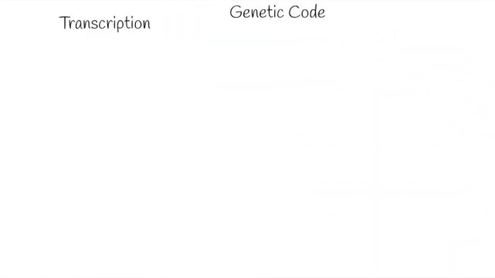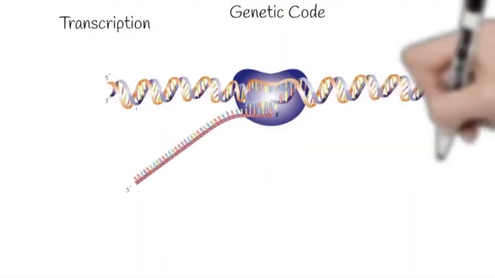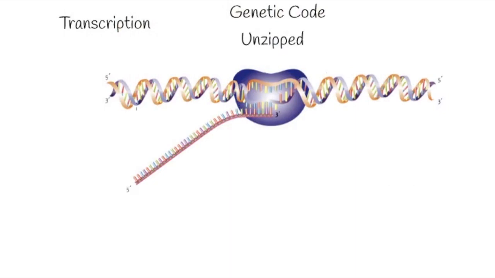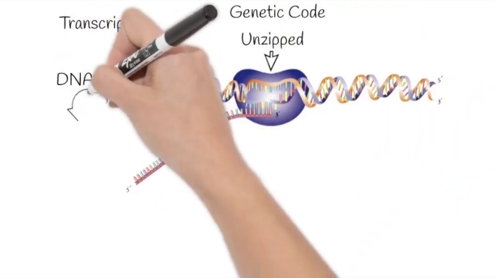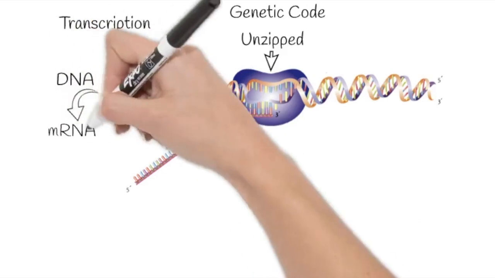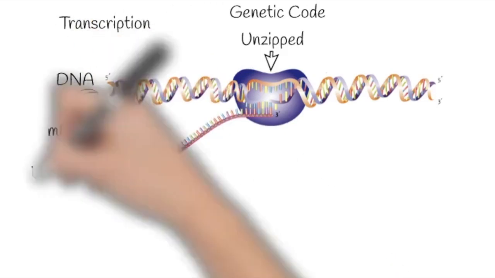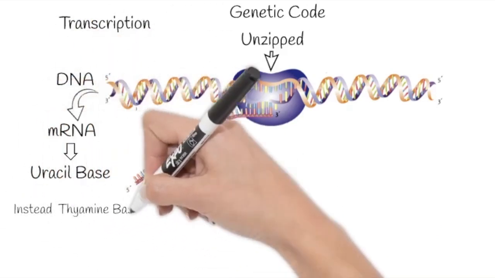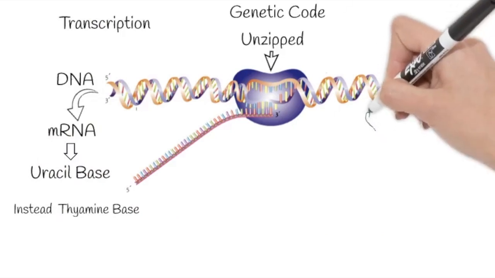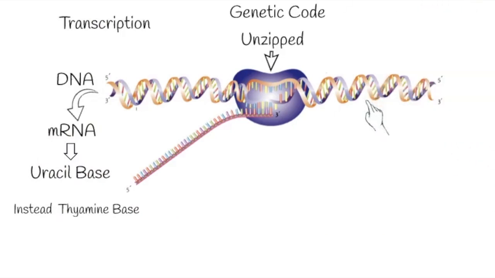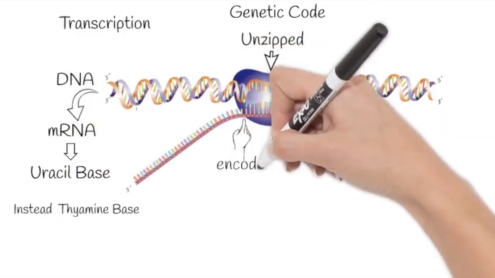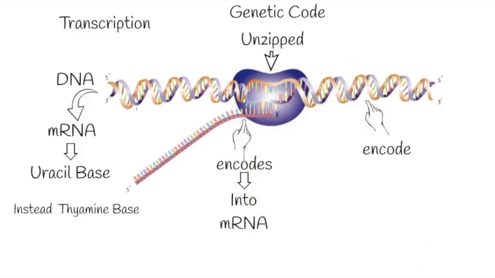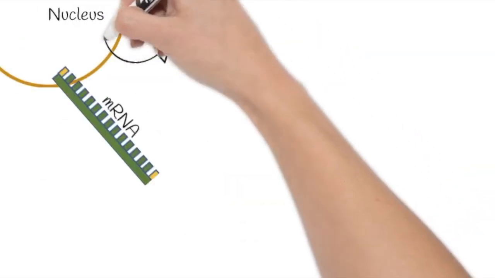Transcription happens when a portion of DNA is unwound, so mRNA can be made from DNA like a template. Just remember, mRNA uses the uracil base instead of thymine. Transcription takes the information encoded in DNA and encodes it into the mRNA, which heads out of the cell's nucleus into